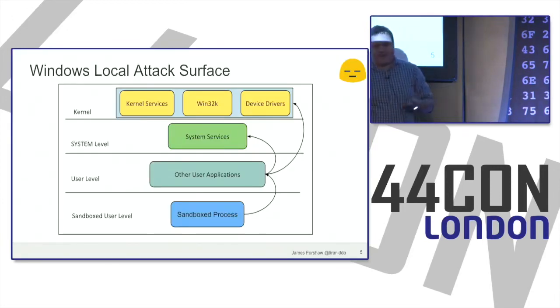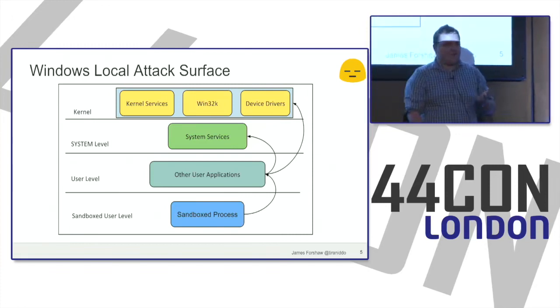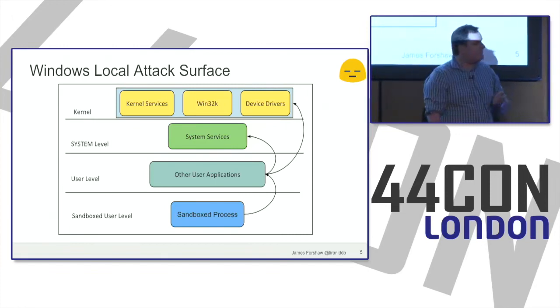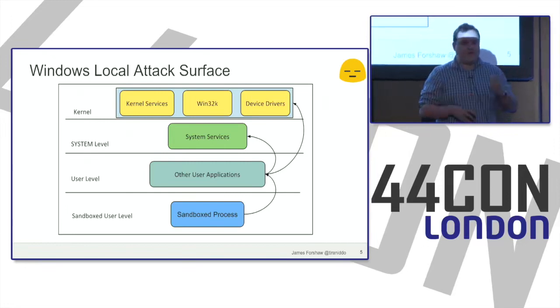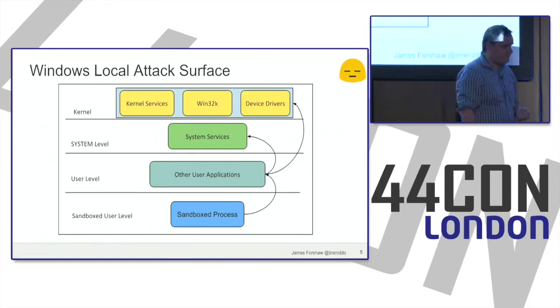So this is a slide which you would find pretty much in any Windows privilege escalation talk. And this is what we consider to be a local attack surface for Windows, from the perspective of an attacker, where an attacker wants to jump between privilege levels. So anything which is a horizontal level could arguably be considered a security boundary. So this is a place where if you can hop over that boundary, it is a security bug which Microsoft presumably will try and fix.